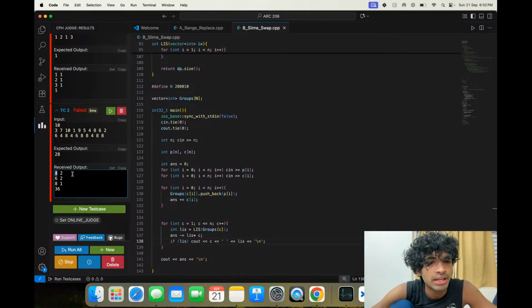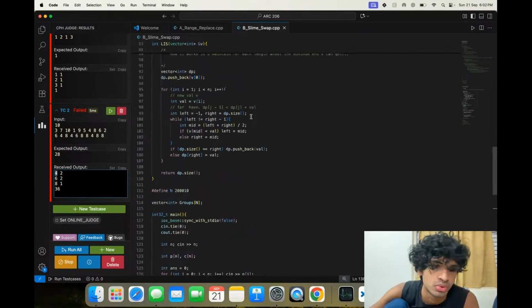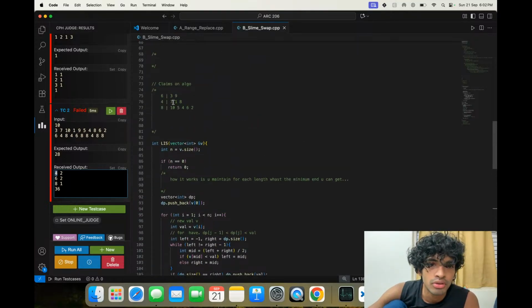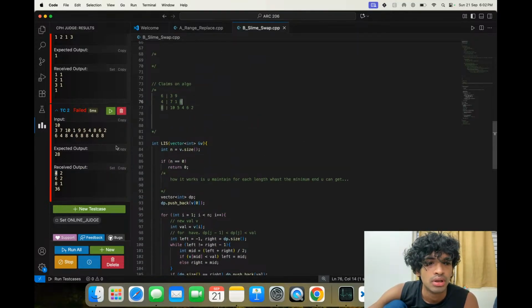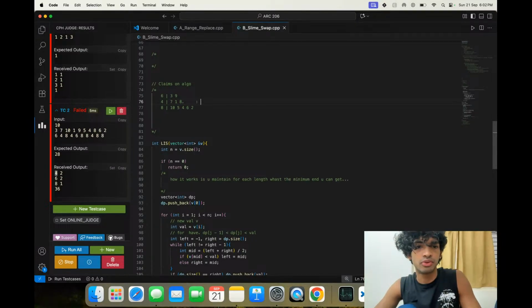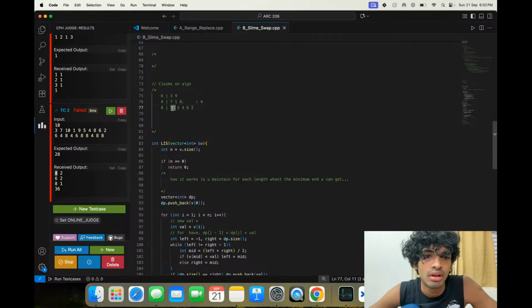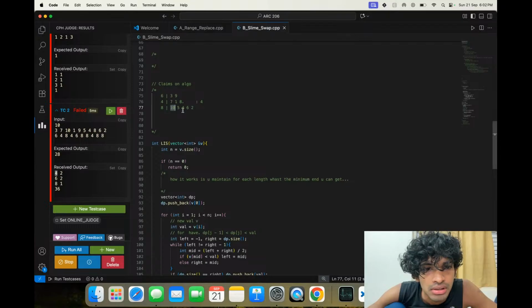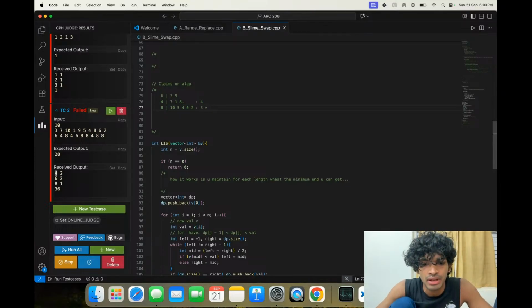So for 4, I'm telling the longest increasing subsequence is 2. Is that true? Yeah, that's true. For 6, I'm telling the longest increasing subsequence is 2. Yeah, that's true. So till here, 4 is the cost. But now here we are. What is the longest increasing subsequence? It's entirely decreasing, right? It's 1. Okay, not 1. 2 is the longest increasing subsequence. So it is 3 times 8, 28 would be the answer.